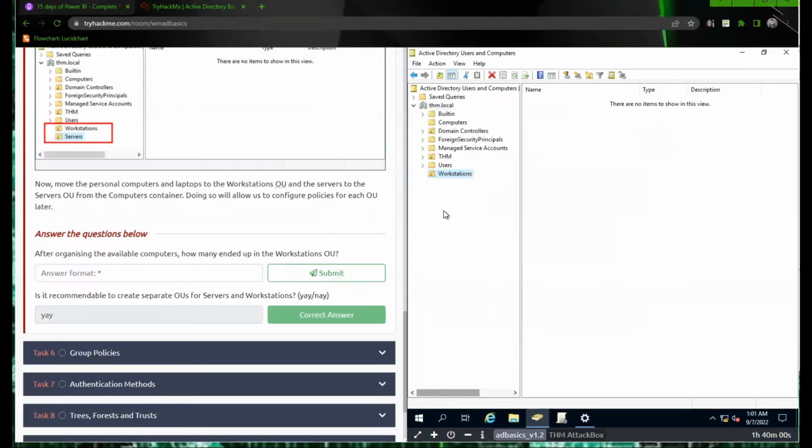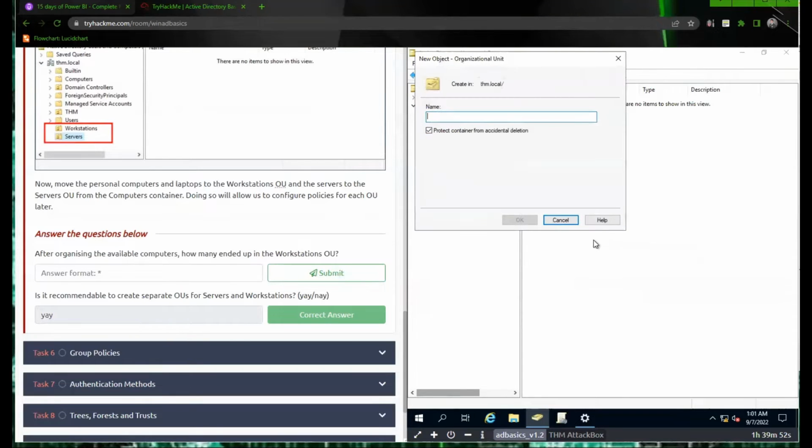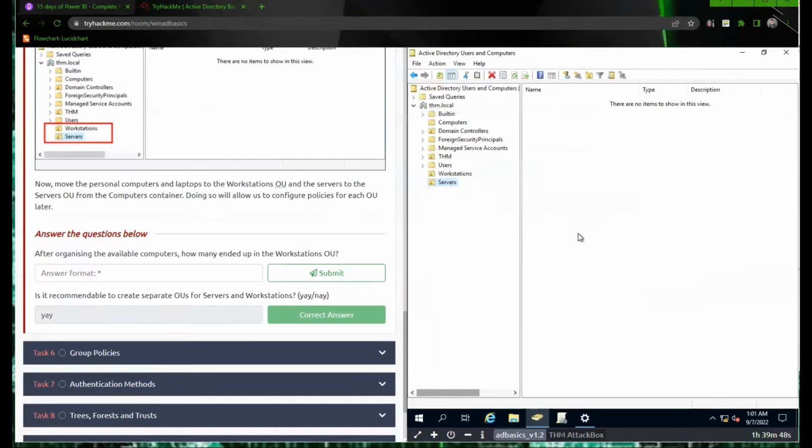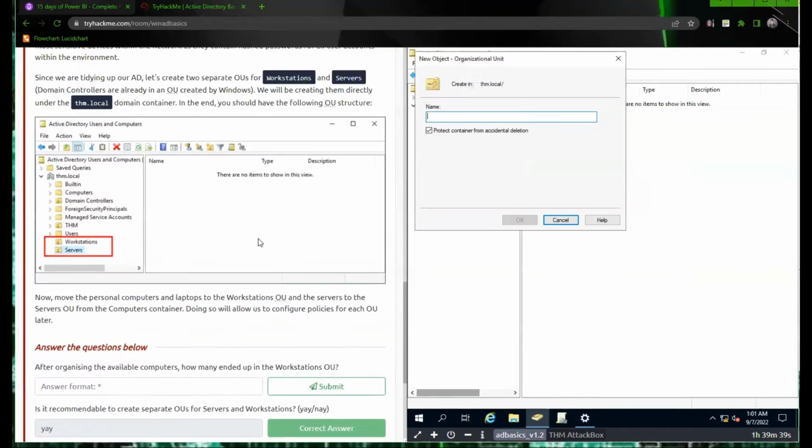Okay. And we'll create another one. New organizational unit. Servers. All right, I'll create another one. New organizational unit